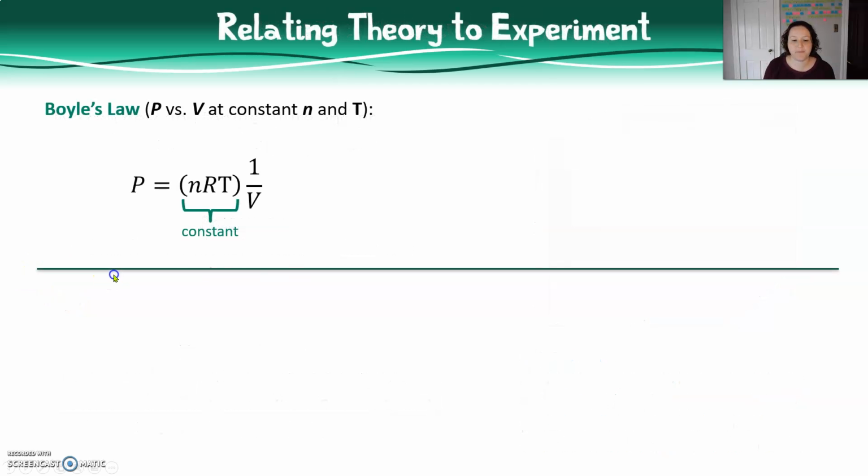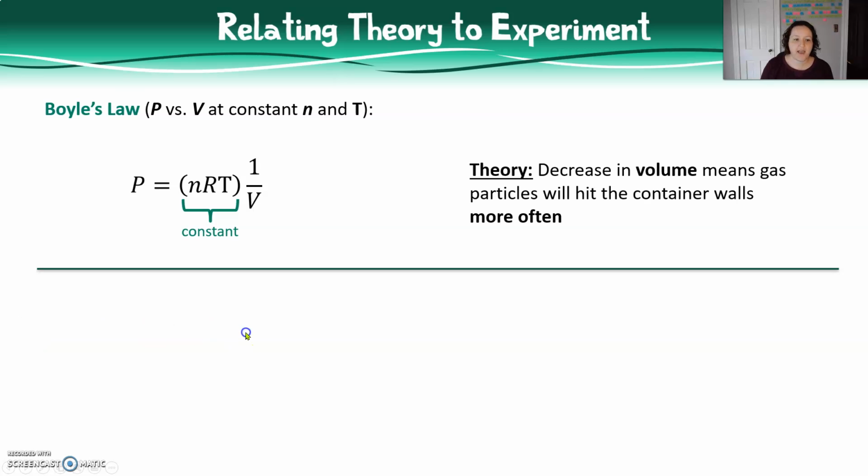Let's start with Boyle's law, where the number of moles of gas and the temperature are held constant and the relationship between pressure and volume is examined. Previously, the relationship between these two was determined based on experiments, but now we can reason out this relationship by considering what is happening to pressure when we change volume. A decrease in the volume of the gas while keeping temperature and the number of moles of gas constant will cause the gas molecules to collide with the container walls more frequently, and more collisions means more pressure, so as volume decreases, pressure increases. This confirms the inverse correlation between the two.